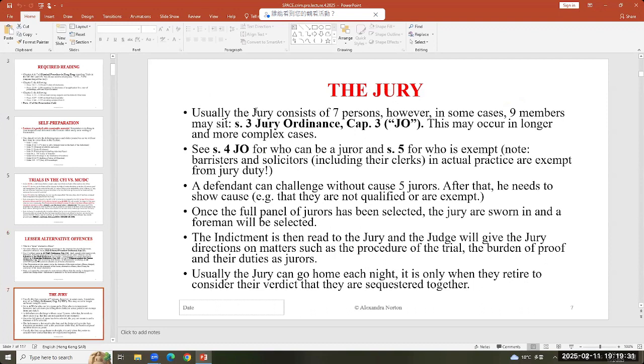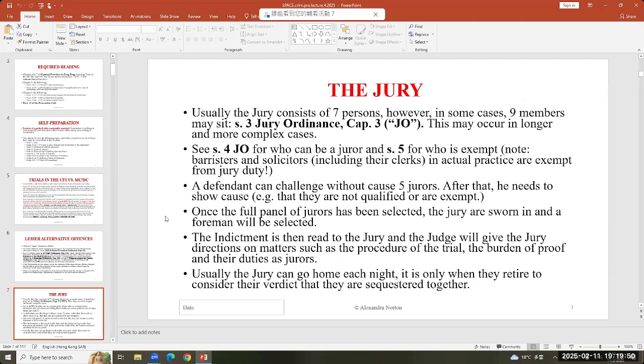So on the next slide, I've just put some provisions for you here on the jury. The jury actually get to go home at nighttime during the continuation of the trial. Some trials obviously last for months. It'd be unfair to keep them sequestered, but they're given very explicit directions by the judge at the beginning of